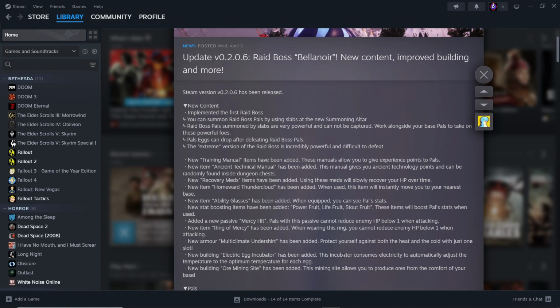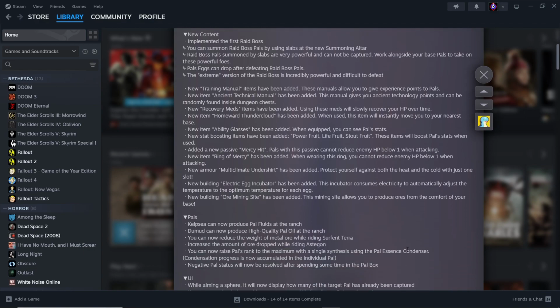New building, ore mining site, has been added. This mining site allows you to produce ores from the comfort of your base. Oh, that is so much better than, oh God. You have no idea the amount of torture I have been going through, just going around grinding every day